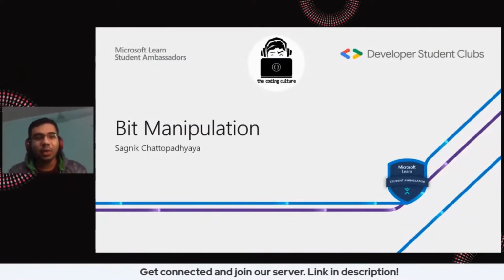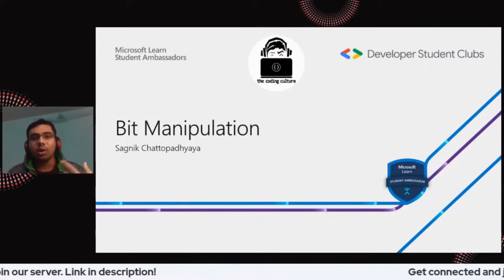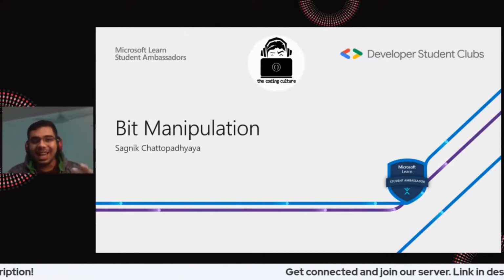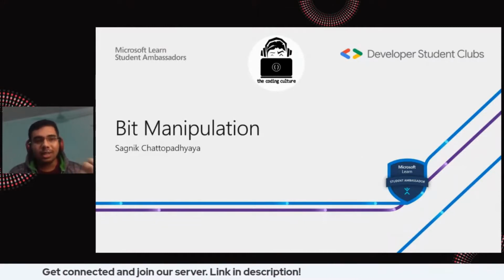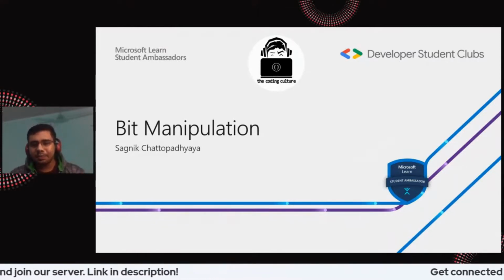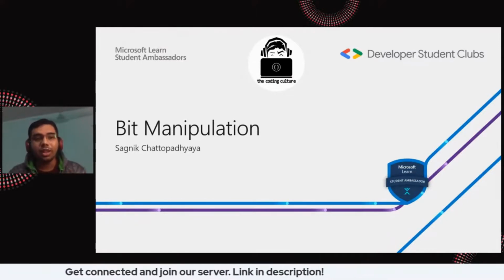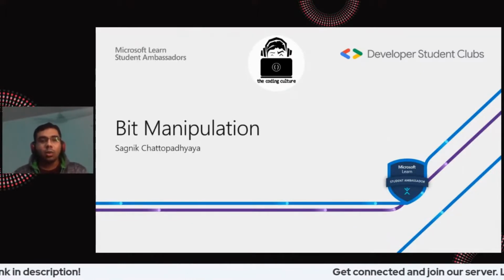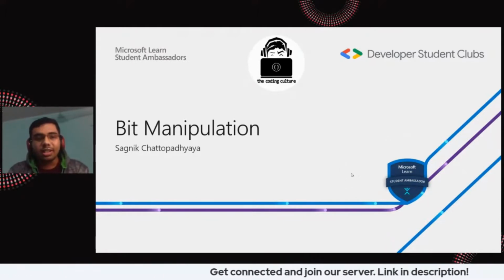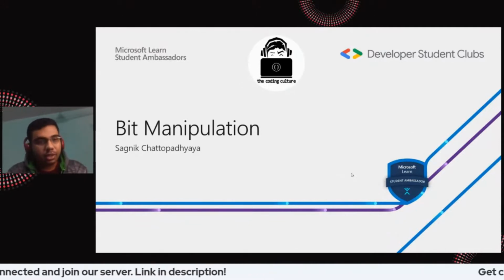So today we'll talk about bit manipulation. As a programmer, it's normal for us to work with bytes in normal data types, or say data structures. We work with integers of some bytes, and in some cases we need to dig deeper. We need to work on a much deeper level to figure out how we can solve a particular problem. So in bit manipulation, we'll understand how this concept in programming helps you solve these kinds of situations.